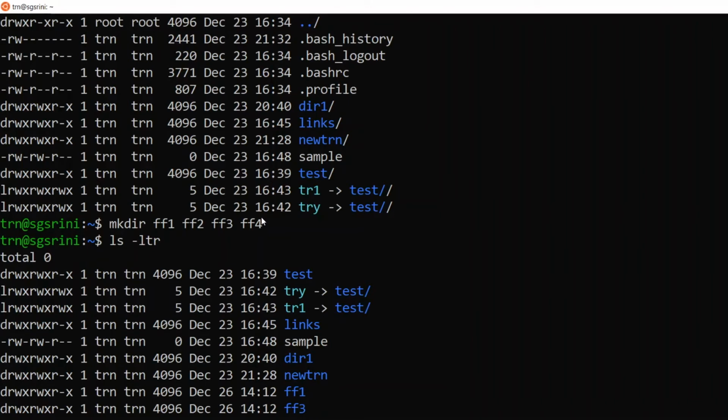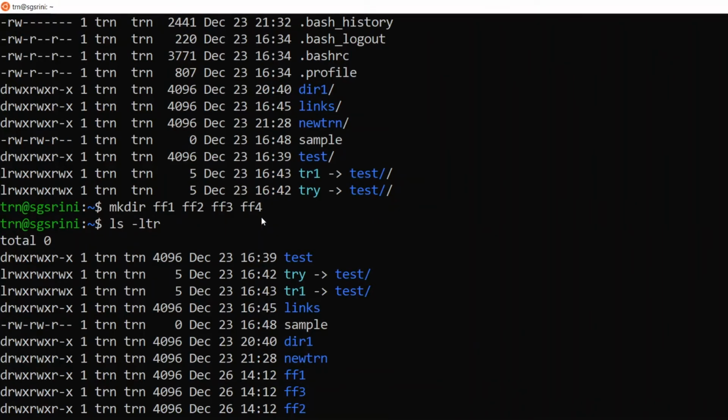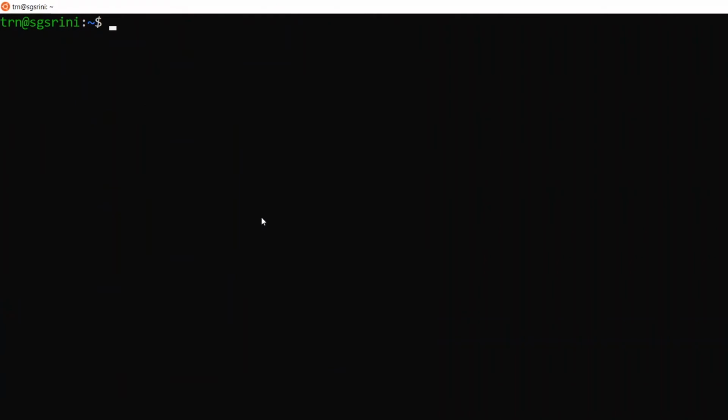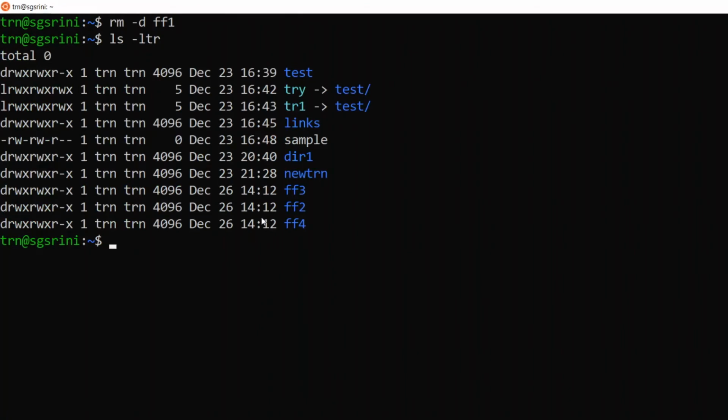Now I want to delete ff1, which is an empty folder. So what I can do is use rm minus d ff1. When I see this, the ff1 folder is deleted. So this means when I give the minus d option, I can delete an empty folder.